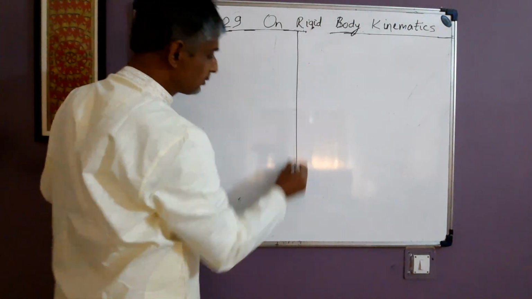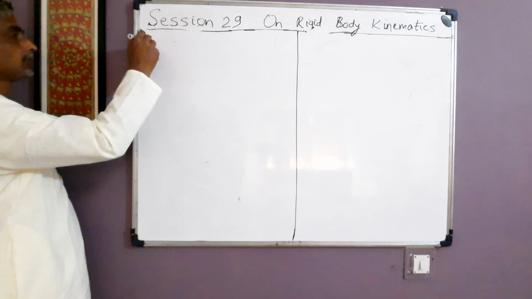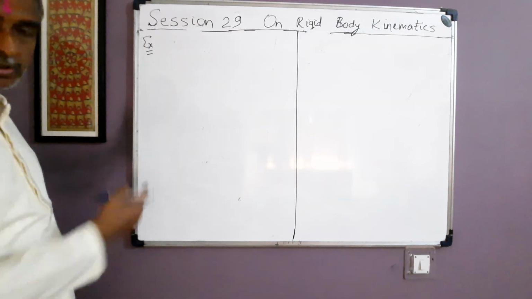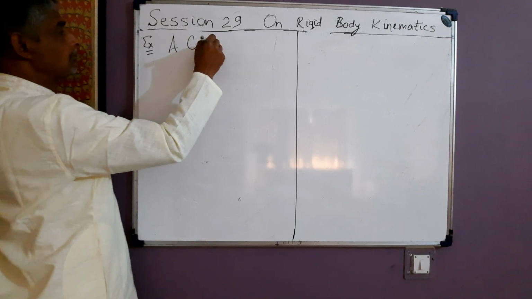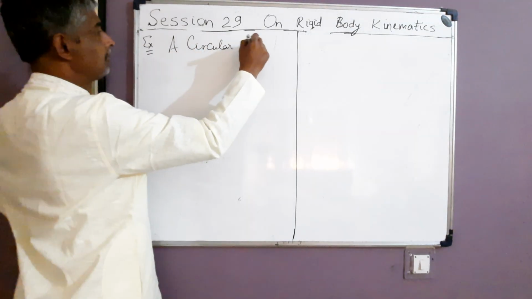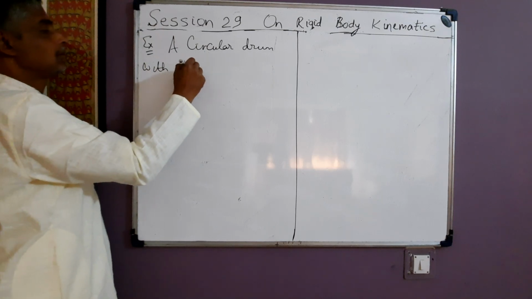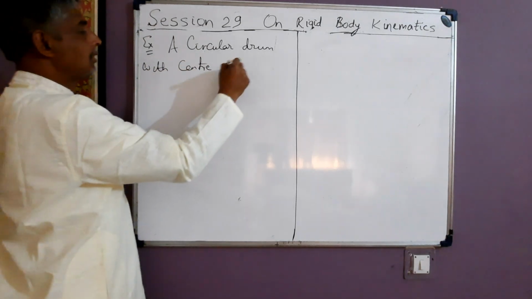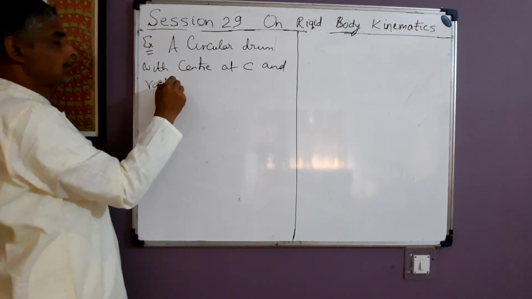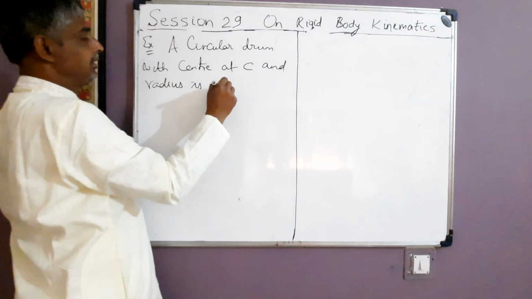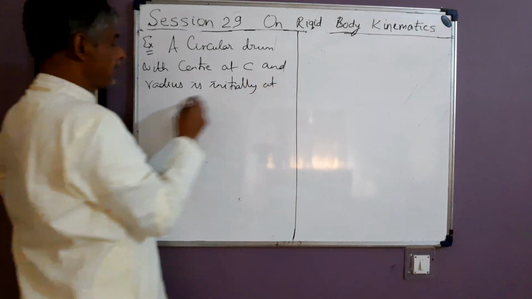Now I take up one more problem in this video. Okay. The problem is this, which I write here. A circular drum with center at C and radius R is initially at rest